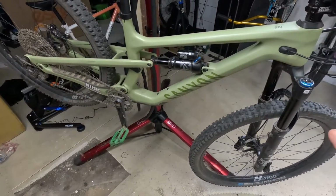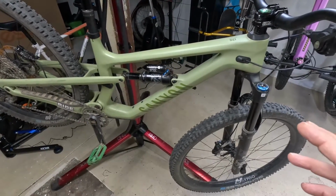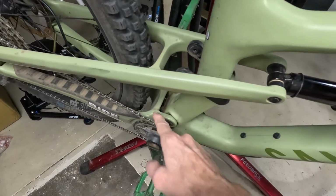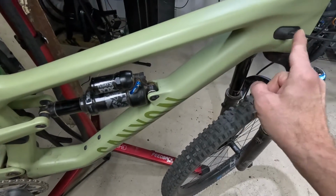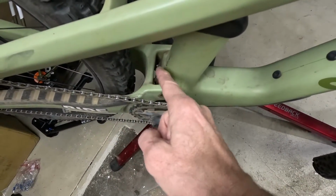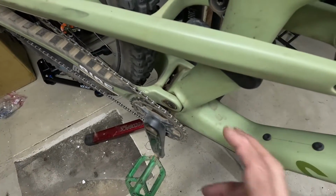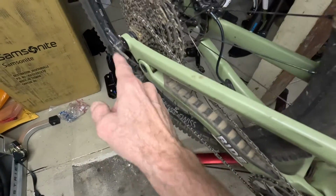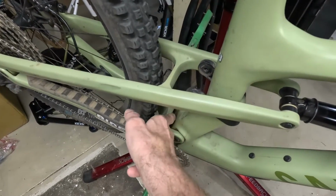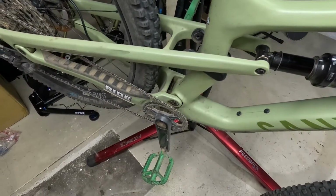I've talked about this a few times, and so I'm hoping to solve a few problems. There's a couple of them that drive me a little crazy. One of them is this plastic piece back here where all the cables, the internal cable routing, comes through the down tube, and all the cables come through between the swing arms and the main frame, I guess if you call it, front triangle, and then they feed in and come out here and come out there and so on and so forth. So this plastic little plate here creaks,